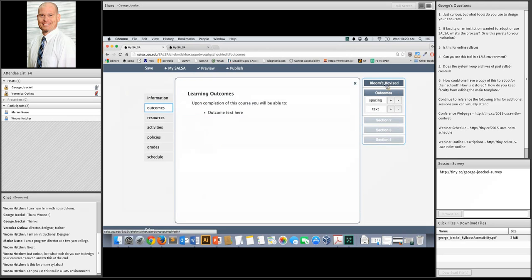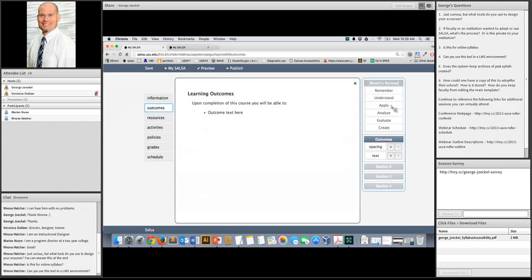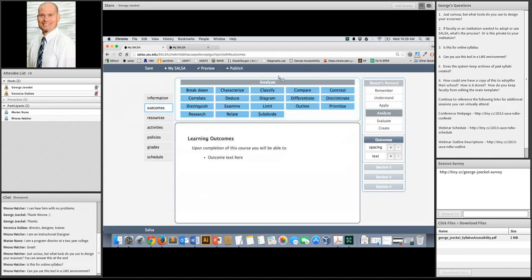The other thing that we do is we organize a syllabus into some different views. So the information view is kind of the black and white stuff that students are looking for at the beginning. Outcomes, learning outcomes or learning objectives go in this section here.